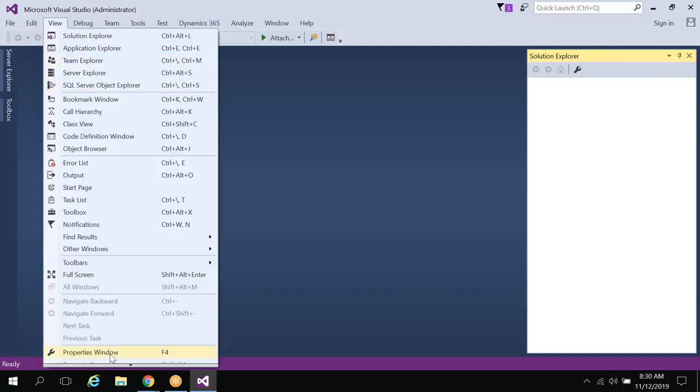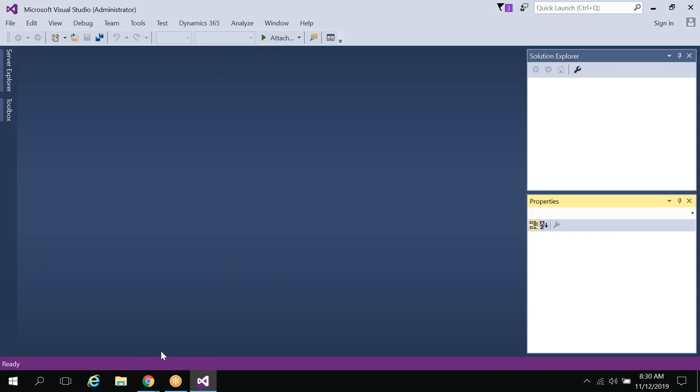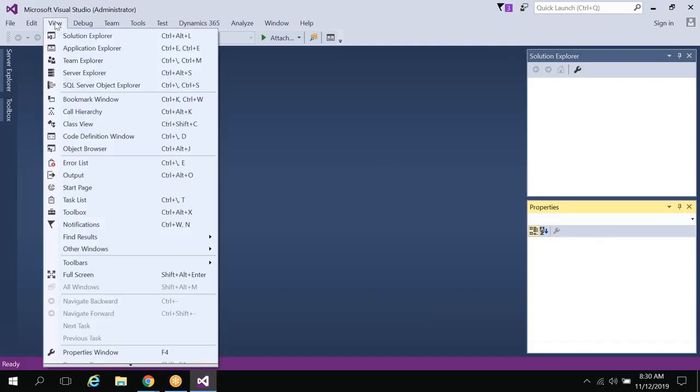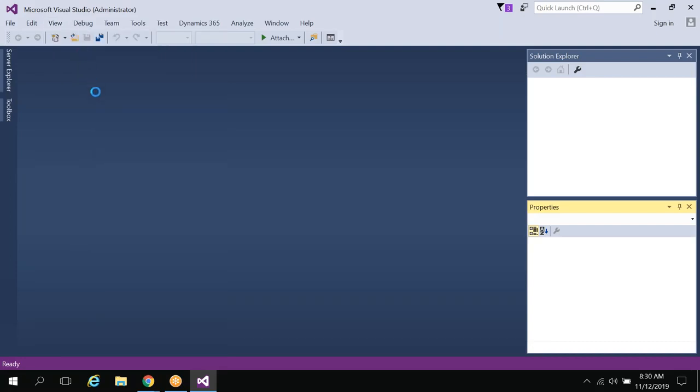If you click on Properties window, there is F4; if you press F4, it automatically opens the properties pane. This is the solution pane, this is the properties pane, and Application Explorer is a very important option. That is our development environment. Application Explorer is the AOT, called the Application Object Tree.